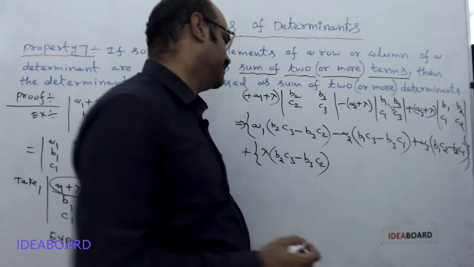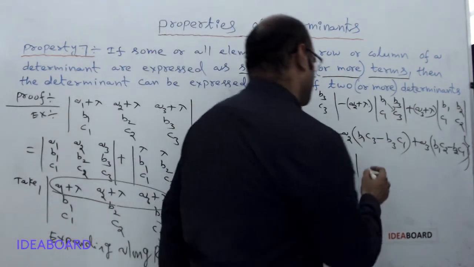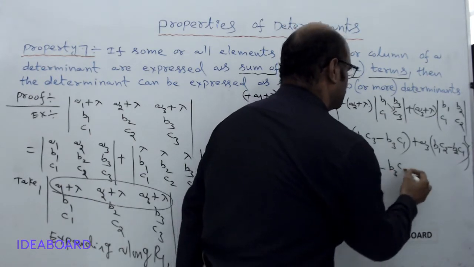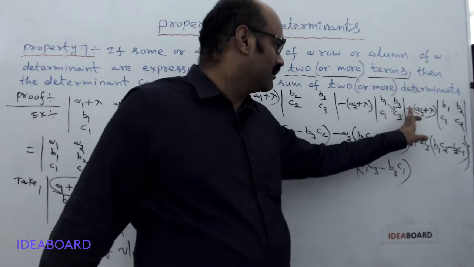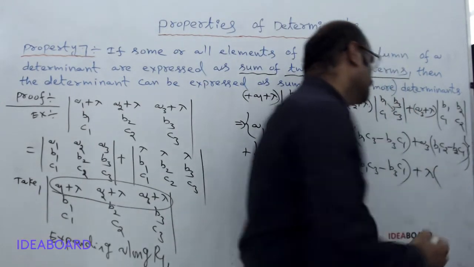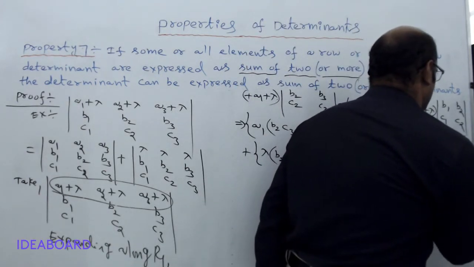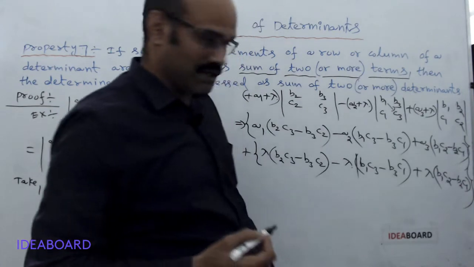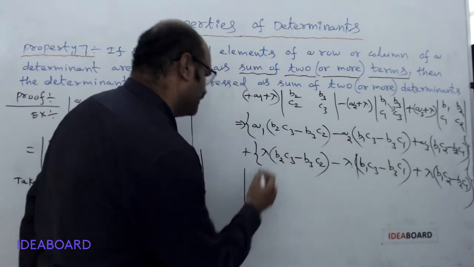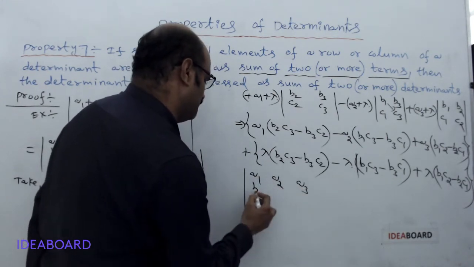Now minus lambda into B1 C3 minus B3 into C1. Similarly, now we take plus lambda into B1 C2 minus B2 C1. Now the first one is one determinant here, that is nothing but determinant of A1, A2, A3, B1,